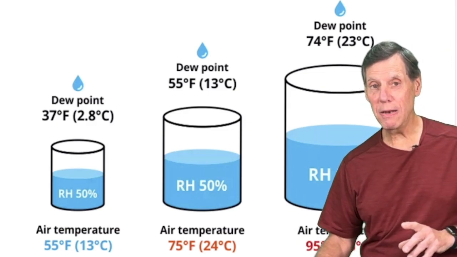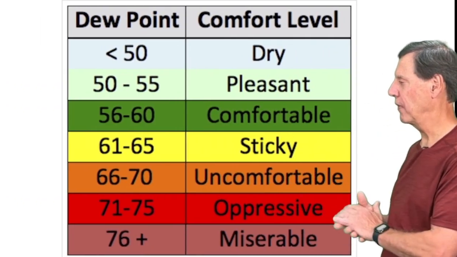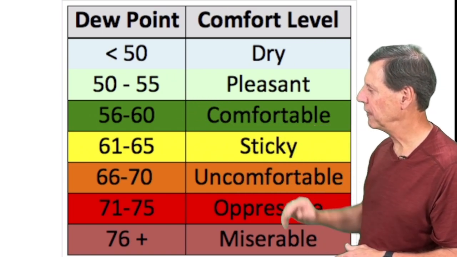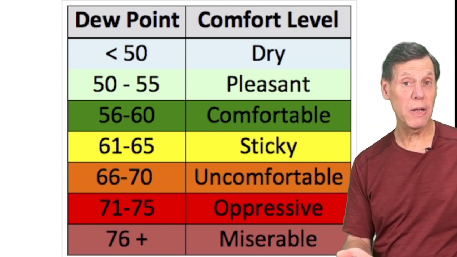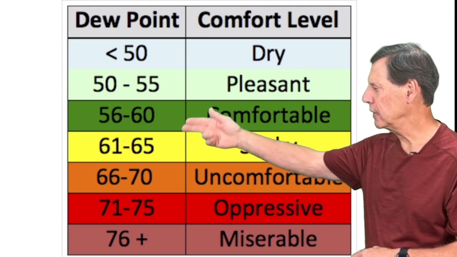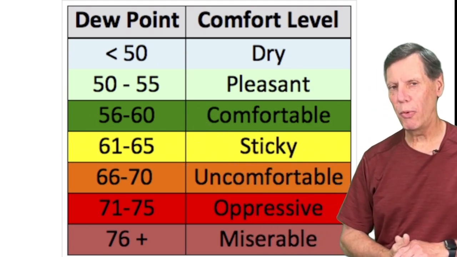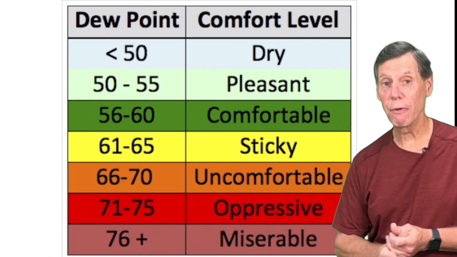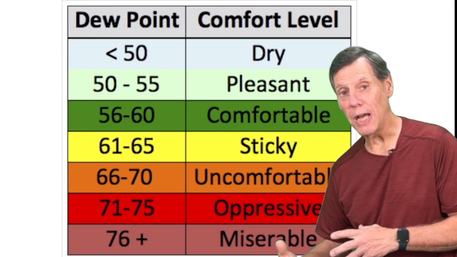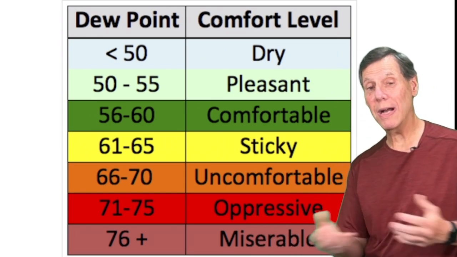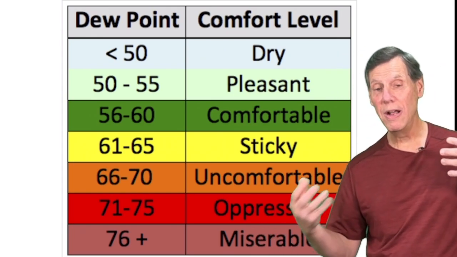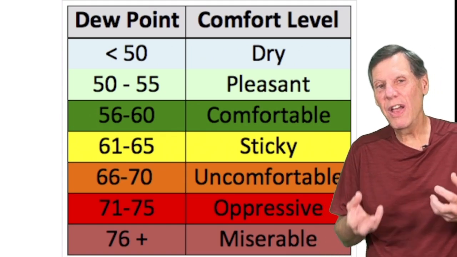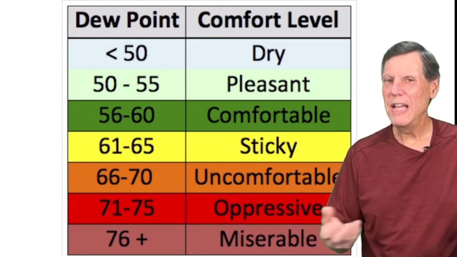So with that in mind, we have come up with a comfort level, and it's really based on the dew point temperature here. Dew points in the 50s, it's reasonably dry and fairly comfortable, especially in the summertime. But as we start increasing the dew point to about 70 degrees or even in the mid 70s, it becomes rather oppressive, especially in the summertime. And you know what I'm talking about. When you walk outside and you kind of get hit by a wall of water, that's all that humidity, but that's the dew point temperature so high, the air temperature is holding that much water,